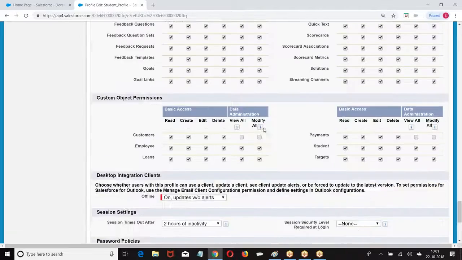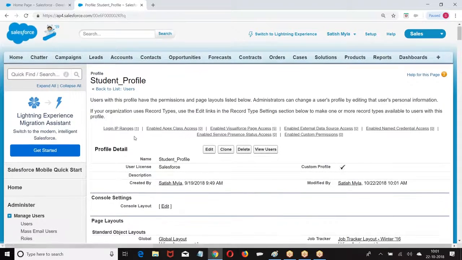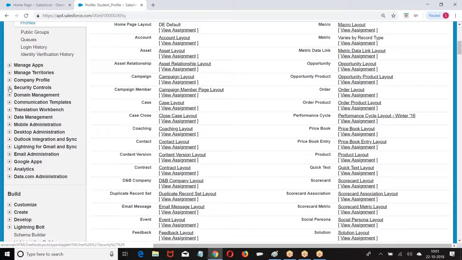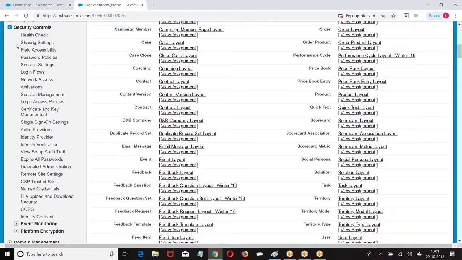I removed view all. Security controllers.